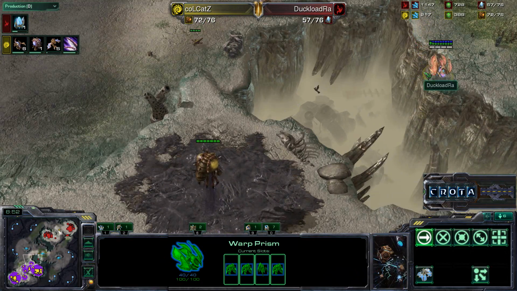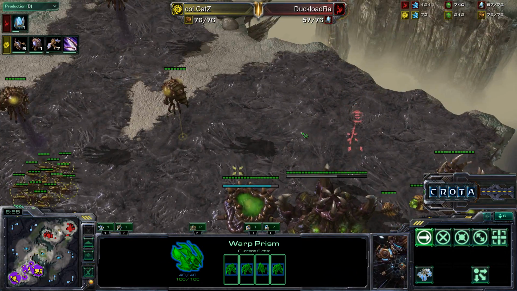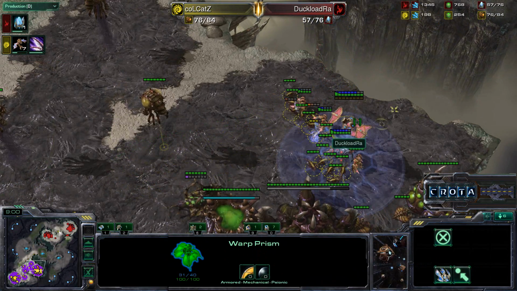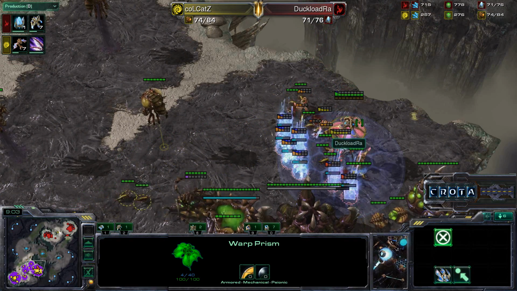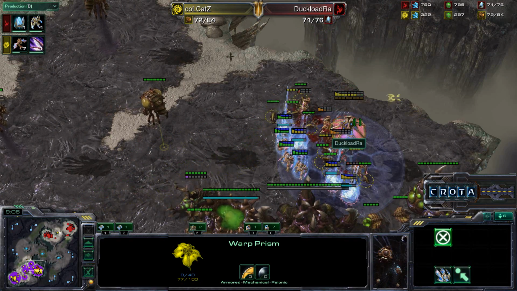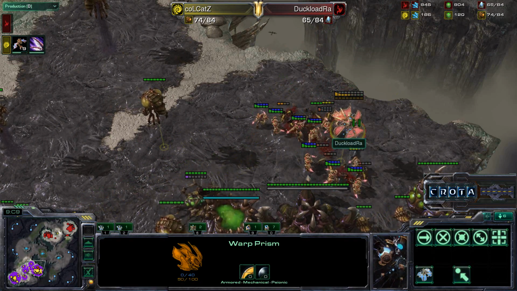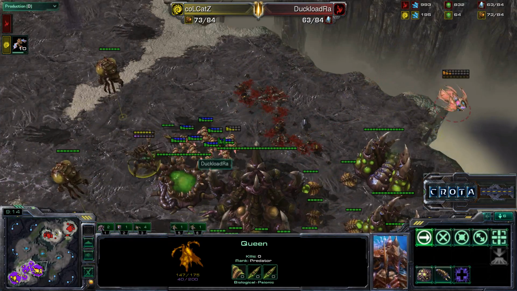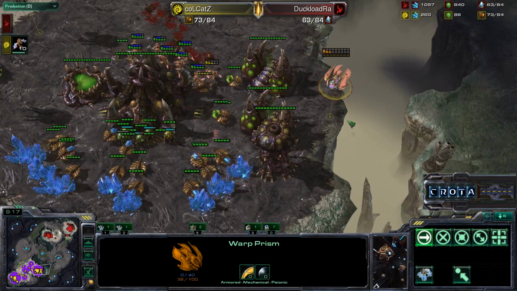Zerglings are down over here. Will it be enough? The Zerglings are going to try to counter this. The Zerglings are going to meet it, and now in comes the Warp Prism, warping in a lot of units. You can see the damage on that Warp Prism already, taking a lot so far, and the Warp Prism is now finally backing off, the Zealots going to be able to engage, and now perhaps another round of Warp Prism, but